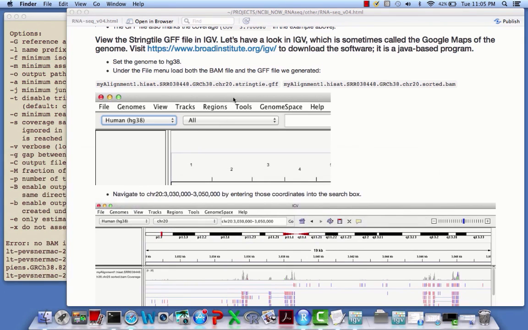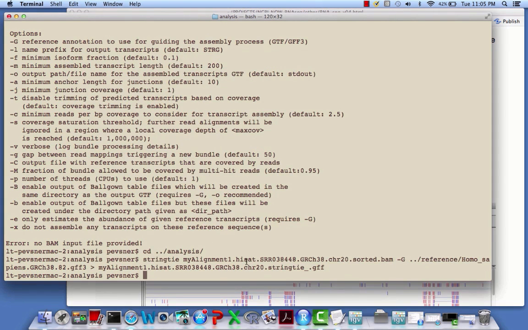And the input can be many different file types, including GFF, GTF, BAM files, VCF files. And so what we do is we set the genome under genomes here to HG38, that's our reference genome. Under the file menu just to its left, we load a BAM file and the GFF we just generated, and here are their names. By the way, as we've been speaking, this went ahead and finished the Stringtie run, so we could do less